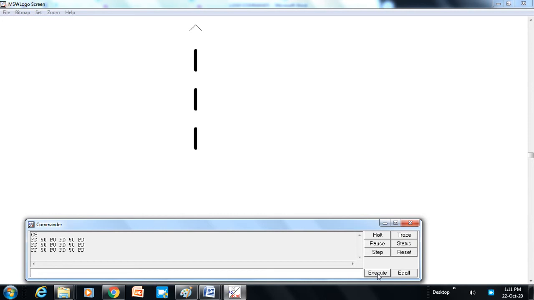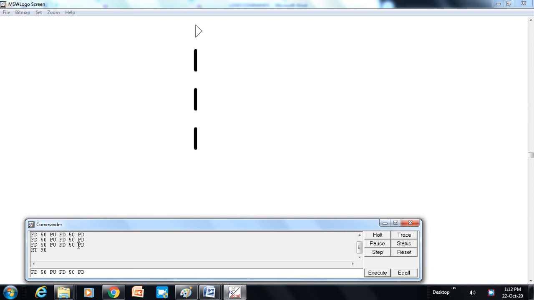Now we will turn the turtle in the right direction, so we will give the command RT space 90, enter. As you can see, the turtle has changed its side. Now it is looking in the right direction. So again we will use the same commands, FD 50, PU, FD 50, PD.